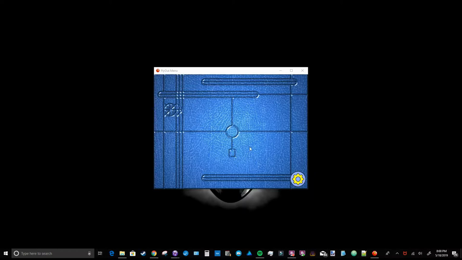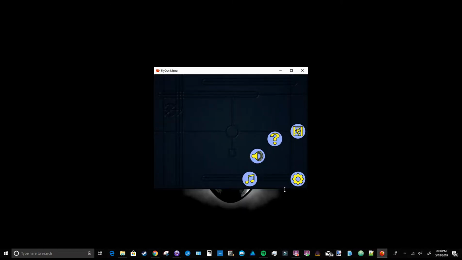This time I want to show you how I would make what I like to call a flyout menu or a pop-out menu. Like you might see in quite a few games, they'll have a little option button, as you can see in the example I've already loaded up here, down in the corner. So an options button, when you click on it, some buttons fly out from it, and you can click on these to do various things like exit the game or get help on the game, or